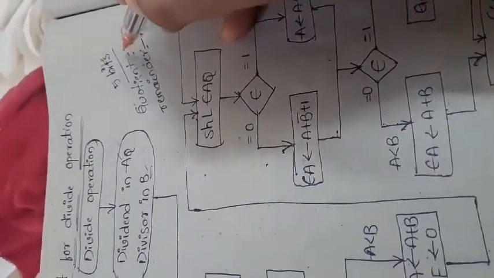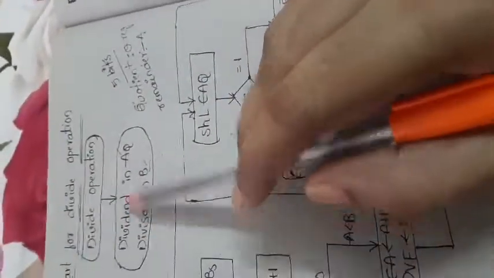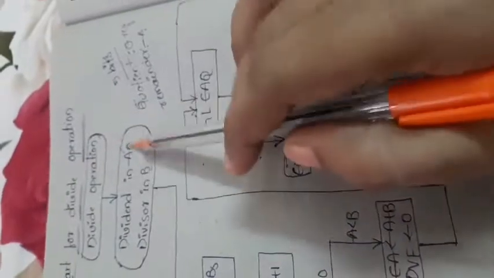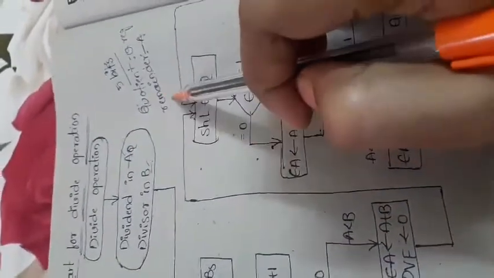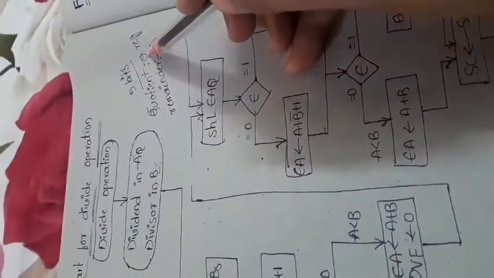A register and the coefficient will be stored in Q register. So don't confuse that now. The dividend will already be present in A and Q. After performing the division operation between these two numbers, we'll get two results: one is the coefficient and another one is the remainder. So where will we store these two numbers? The remainder will be stored in A register and the coefficient will be stored in Q register.